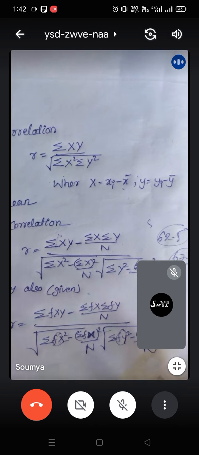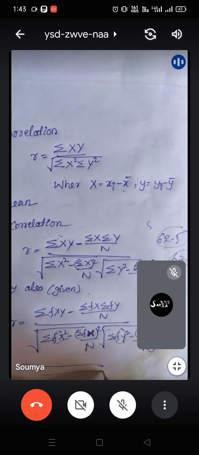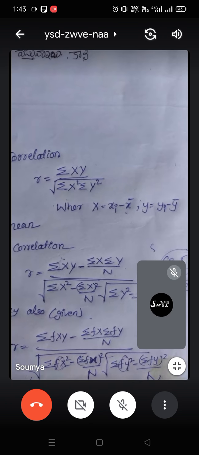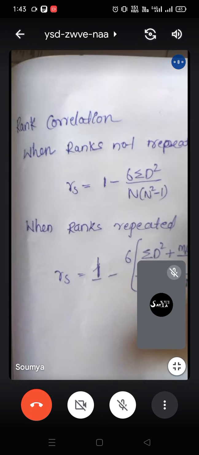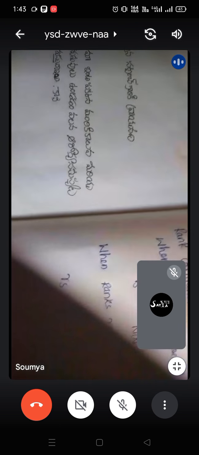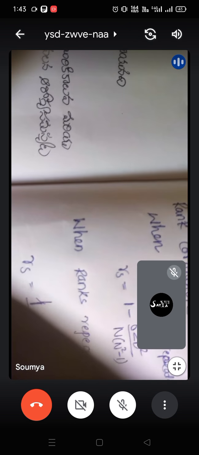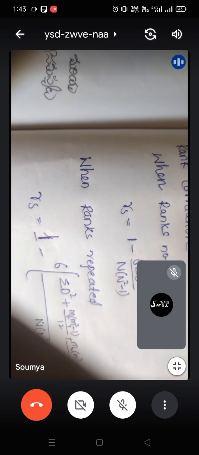Already we solved that type of problem, horizontal lines and vertical lines. And sometimes we have the rank correlation. What is the rank? If we give the correlation,